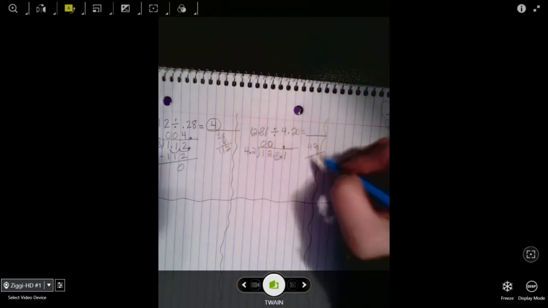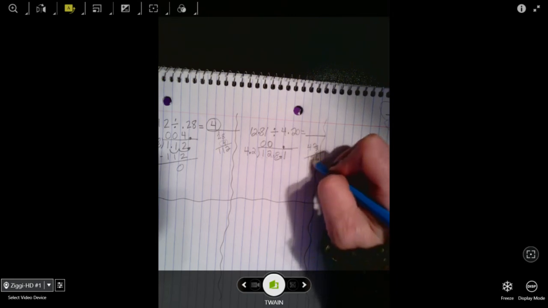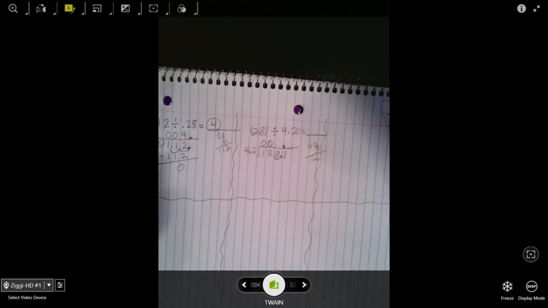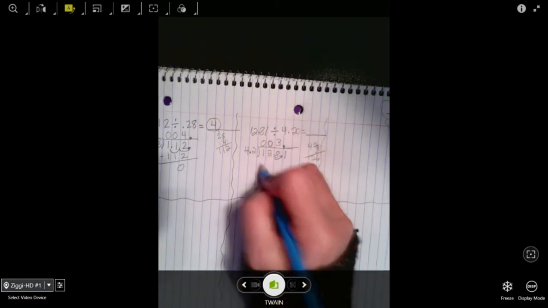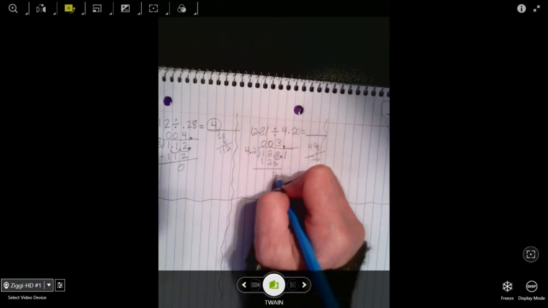Let's try it. 6, 3 times, that's 126. Ooh, that is going to work just right. So I need to put a 3 up here and write down my 126, which gives me 2 left, and